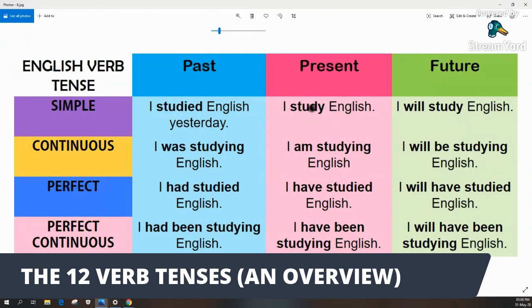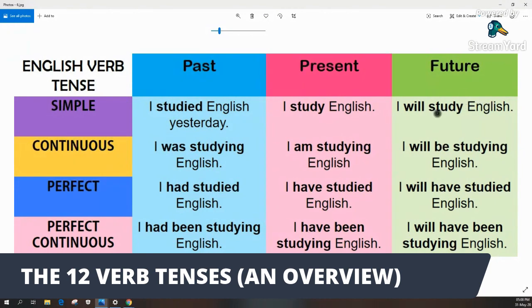So I can also say, I eat pizza every day. Okay? I eat pizza every day. I study English every day. So that is to express habits or general truth. So now,